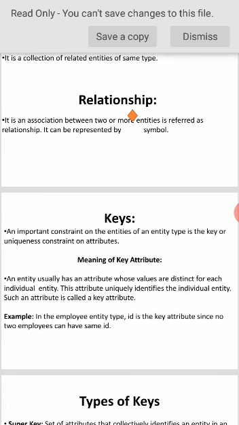Next, keys. An important constraint on the entities of an entity type is the key or uniqueness constraint on the attributes. Suppose you take student details: register number, name, class and so on. Register number is a key.